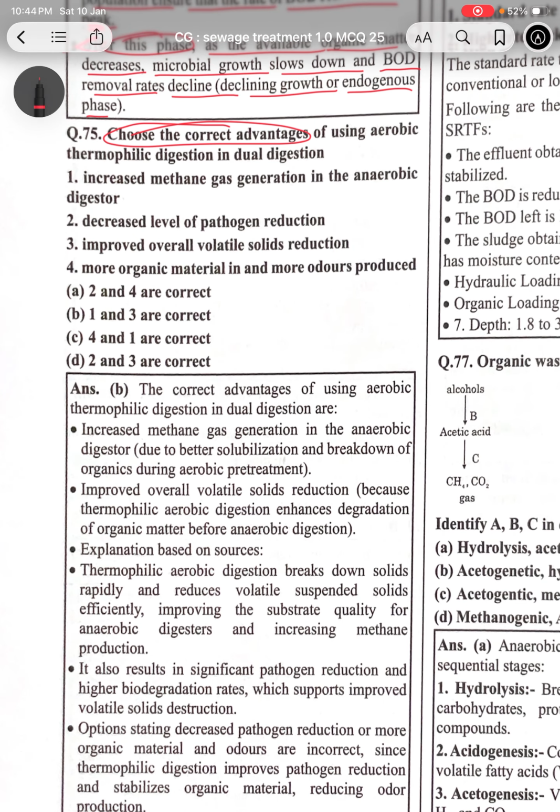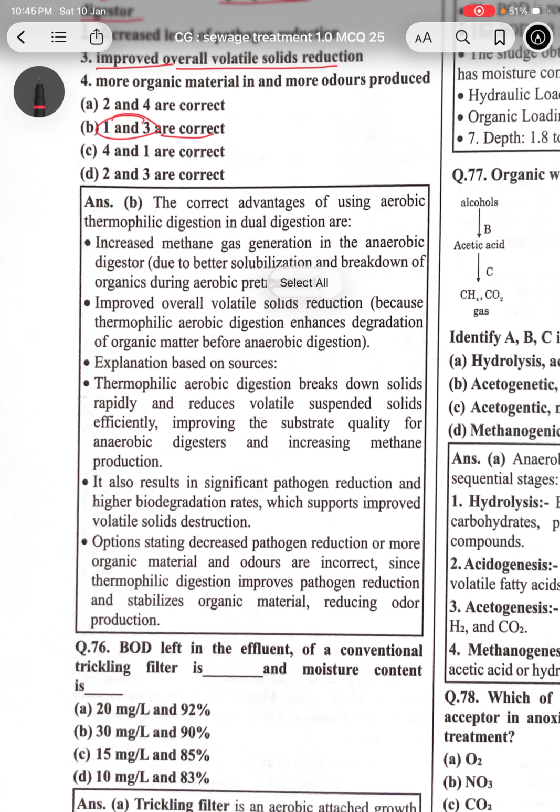Choose the correct advantage of using aerobic thermophilic digestion in dual digestion. B. 1 and 3 are correct. Increased methane gas generation in the anaerobic digesters. Improved overall volatile solid reductions. The correct advantages of using aerobic thermophilic digestion in dual digestion are increased methane gas generation in the anaerobic digesters